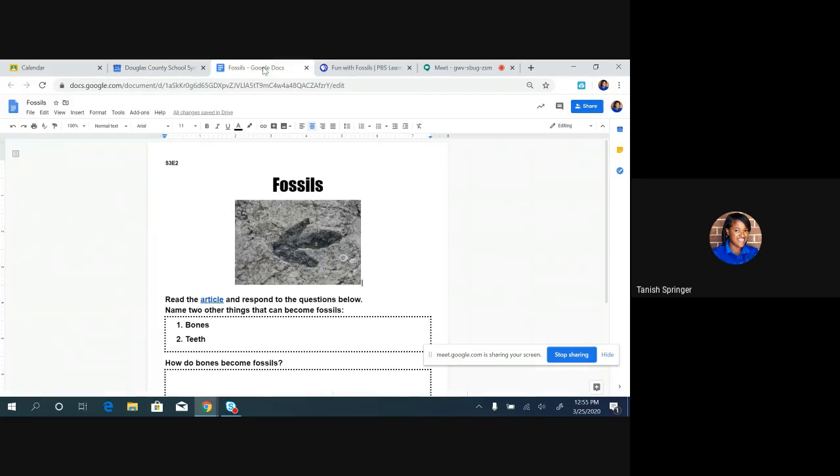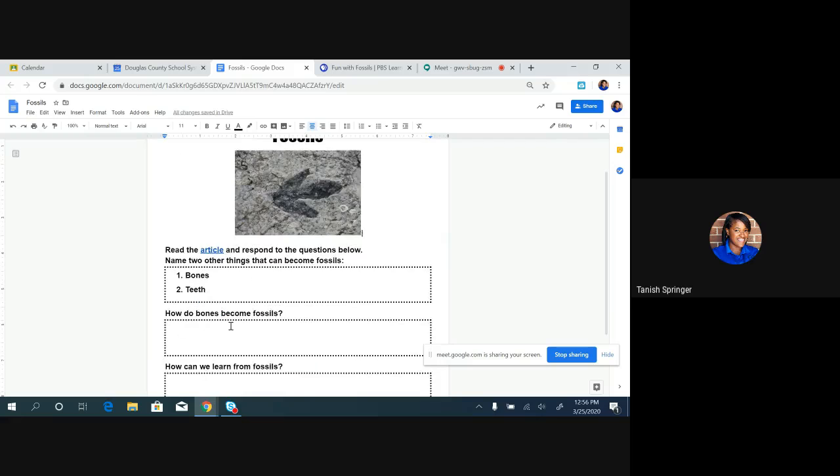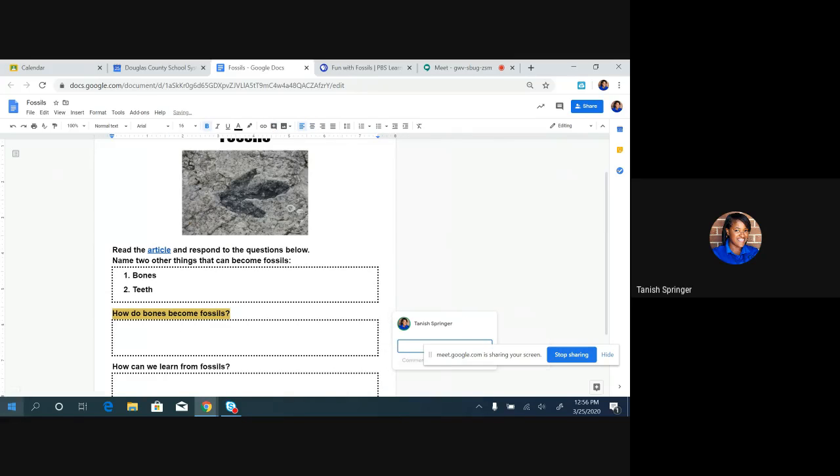The last thing I want to share is using the comment feature within Google Slides or Google Docs. This little plus sign here, add comment. So I had my students read an article and respond to the article, but they left this part blank. Maybe they need more information or more support. So I highlight the area that I want to give them support on. I can type in